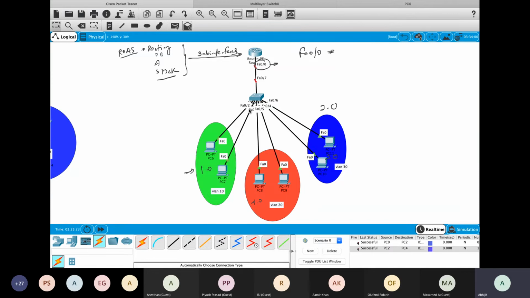three sub interfaces. The first subinterface will be FA0/0.10. The second subinterface will be FA0/0.20. And the third subinterface is going to be FA0/0.30. Now this 10, 20, and 30 are exactly the same as VLAN 10, VLAN 20, and VLAN 30. So we're going to map these three sub interfaces with the VLANs that they are using, and then we're